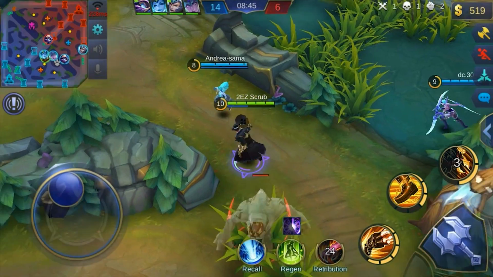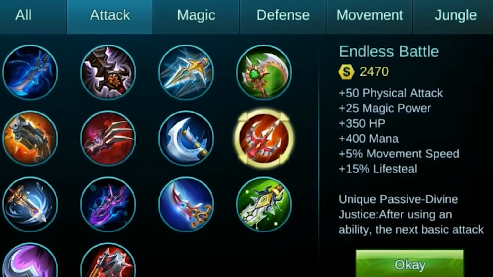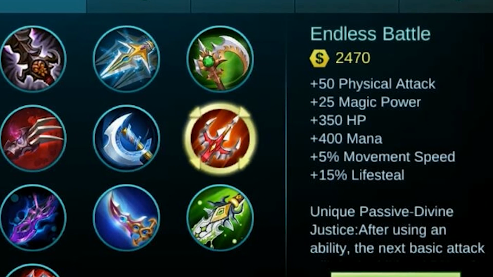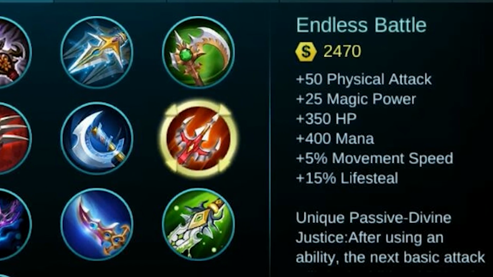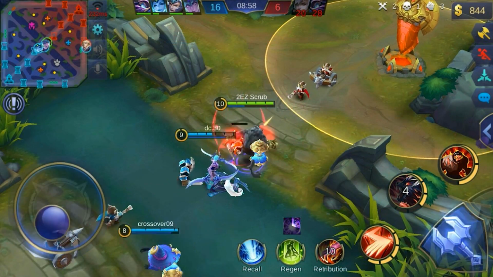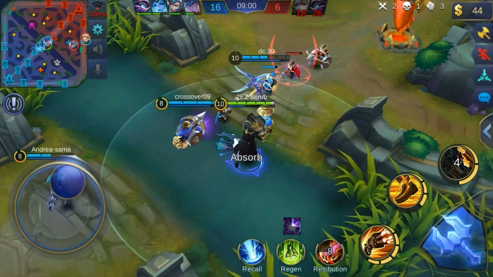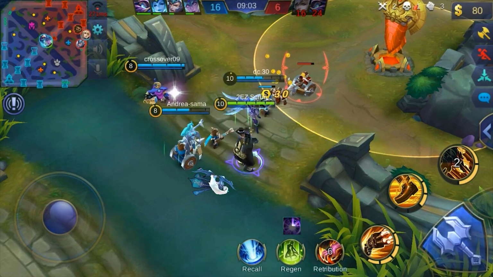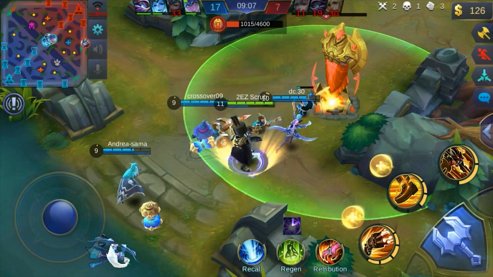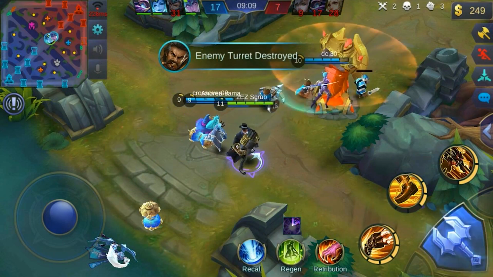But yeah, moving on to the last item we have here, we have Endless Battle. Endless Battle gives us 50 physical attack, 25 magic power, 350 health, 400 mana, 5% movement speed, and 15% lifesteal. Now, the lifesteal is the biggest reason that this was a good pick, because with that increased lifesteal, it really makes this guy hard to kill. His sustainability goes up a lot, and it gives us a little bit of extra health,